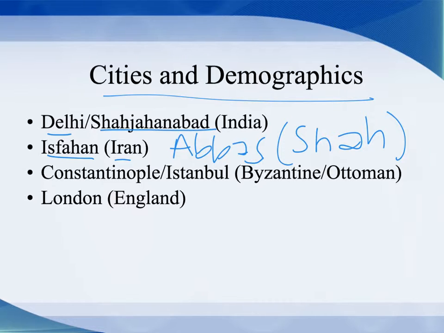So that brings us to Constantinople, Istanbul. It was Constantinople when Constantine built it as the capital city of the Eastern Empire, and then Istanbul once it was overtaken by the Ottoman Turks. Same place. So Constantinople, that was the Byzantine or the Eastern Roman Empire, and then Istanbul, what it was called under the Ottomans. So this had been the capital of a much reduced Byzantine Empire, and again became the capital of the Ottomans.